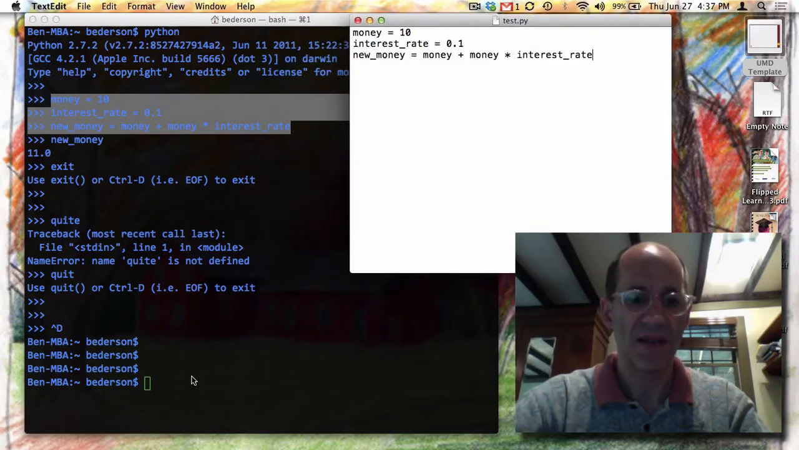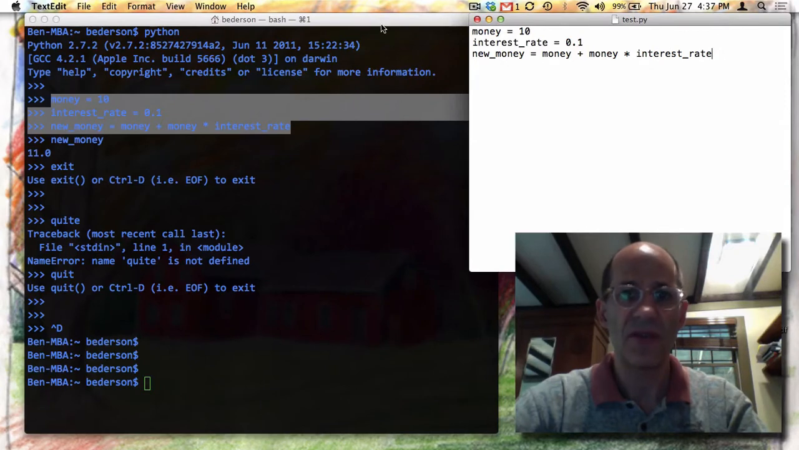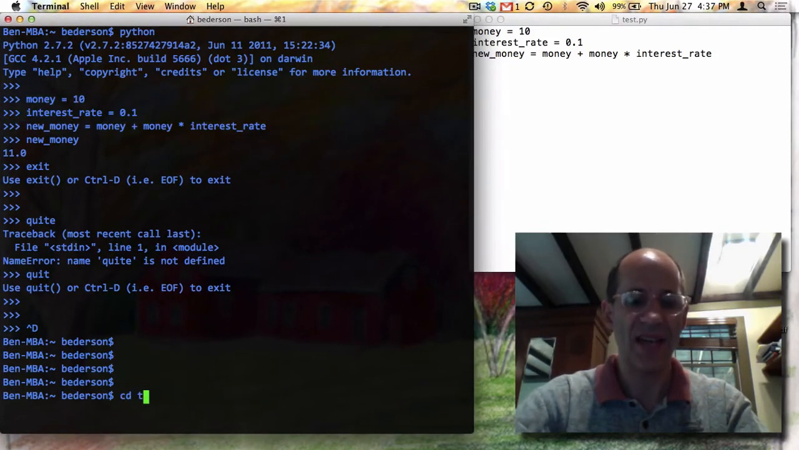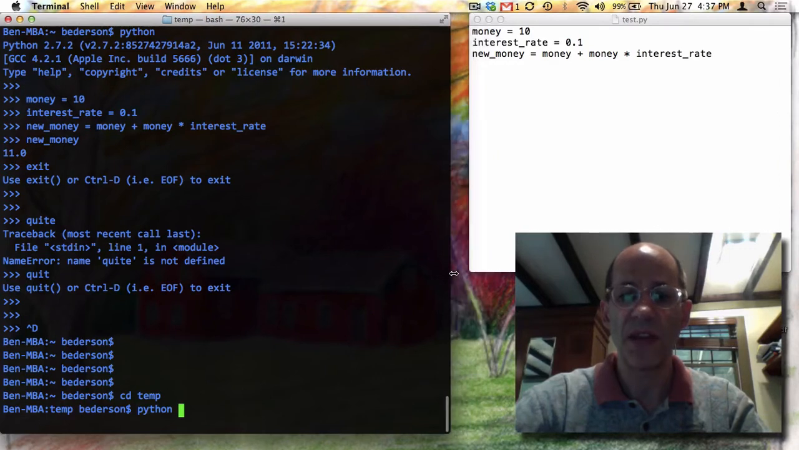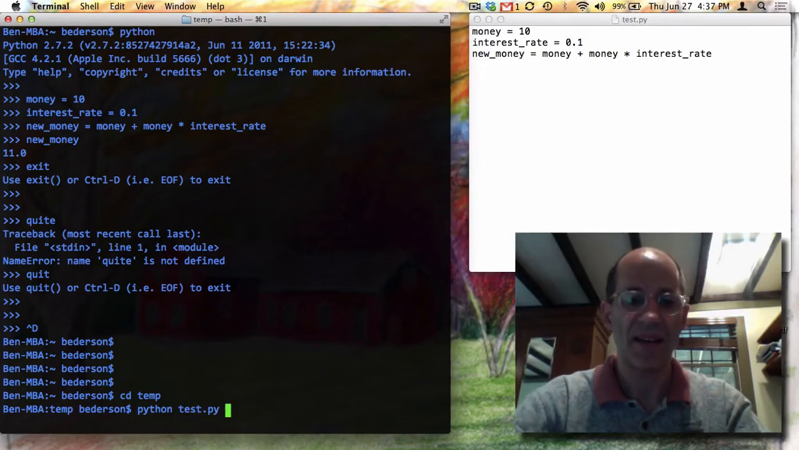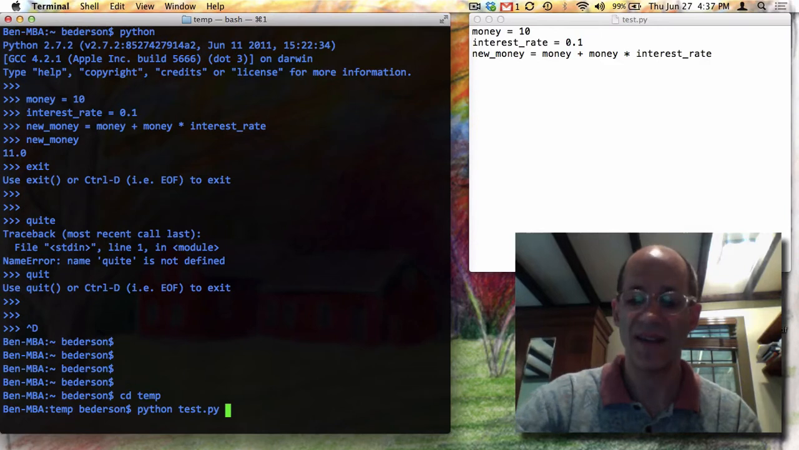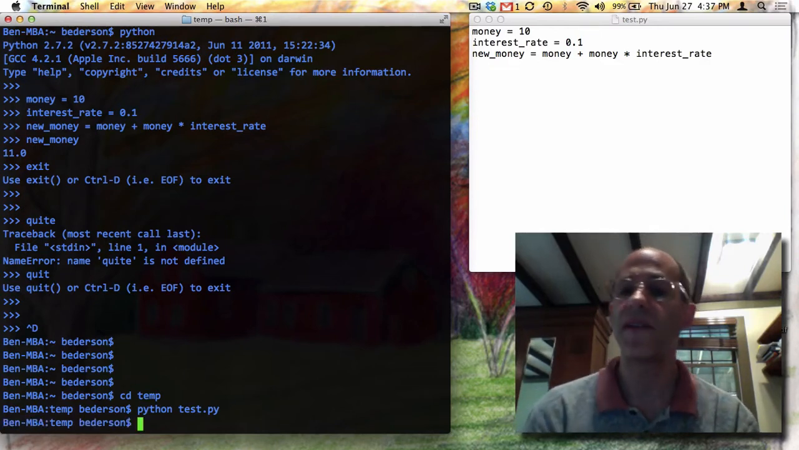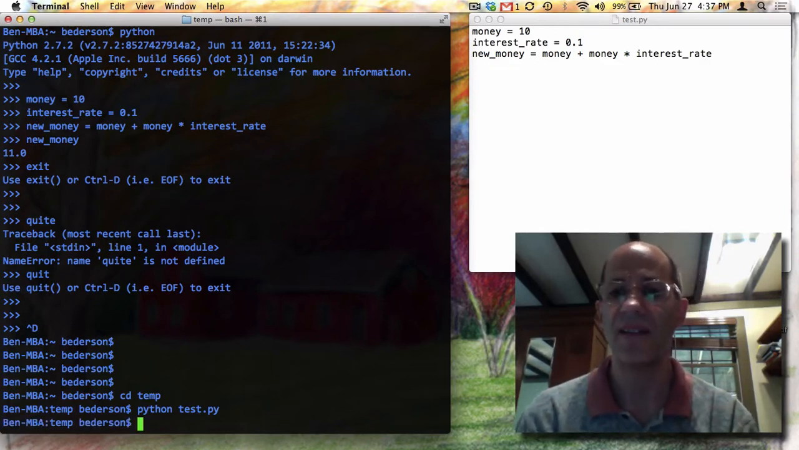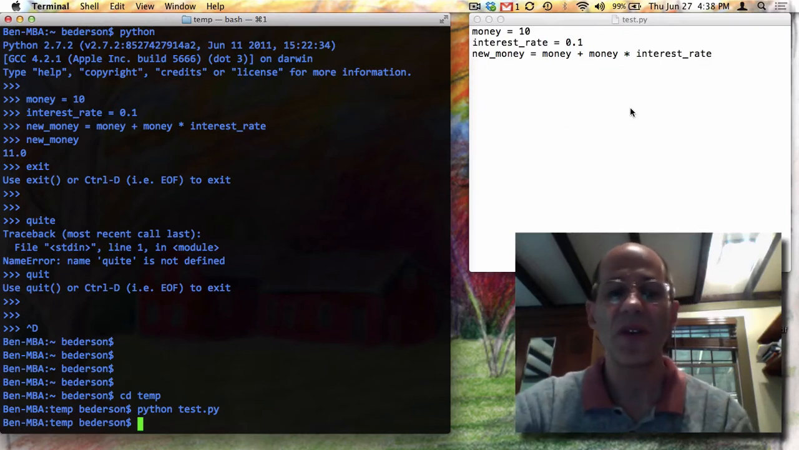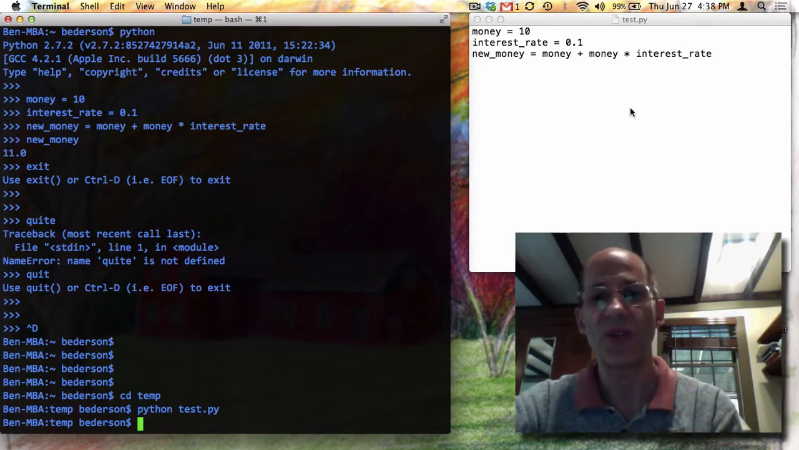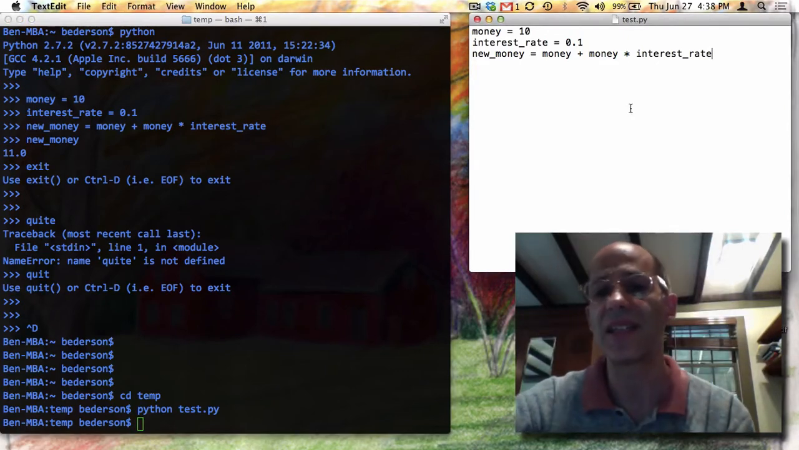Now I can go to my command line, go to that temp directory, and instead of just running the Python interpreter, I can run the interpreter and pass it that file that I just created. And when I do it, it will execute all of the commands, all the instructions in that file. Well, it didn't display anything because we weren't using the nice feature of the interpreter to display the resulting value